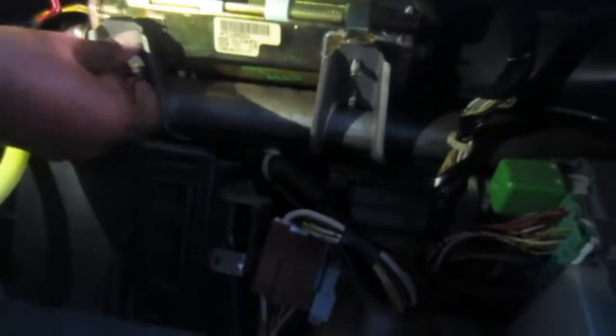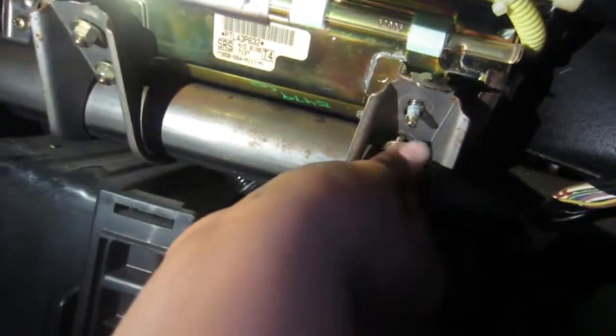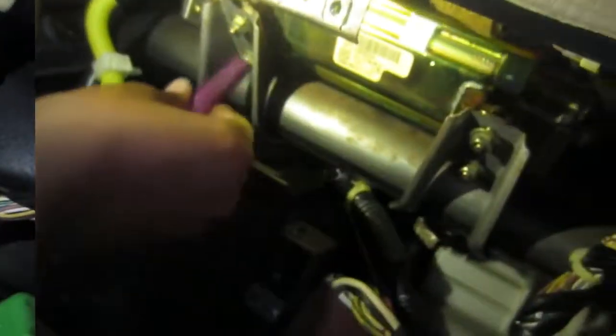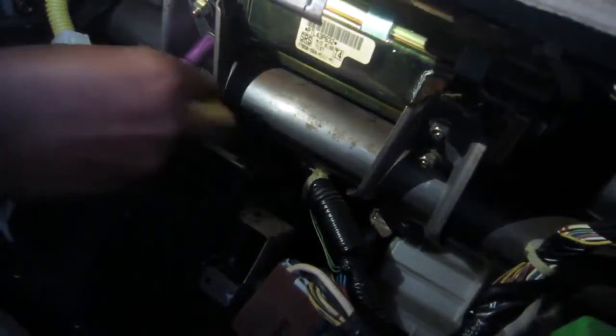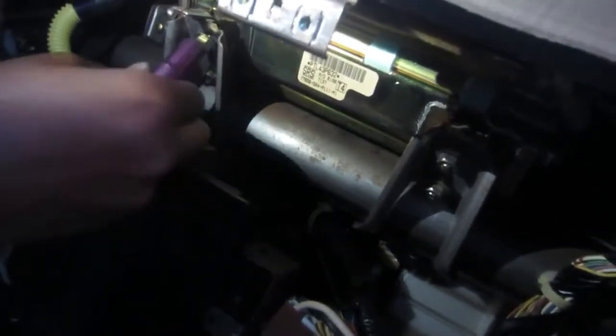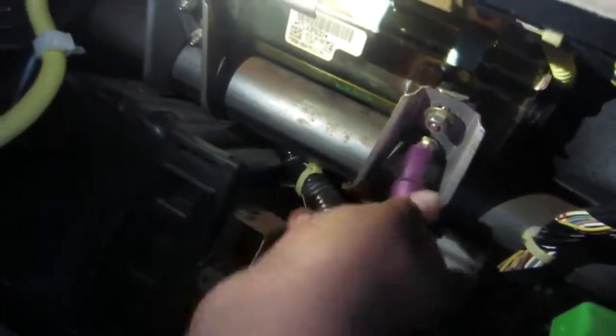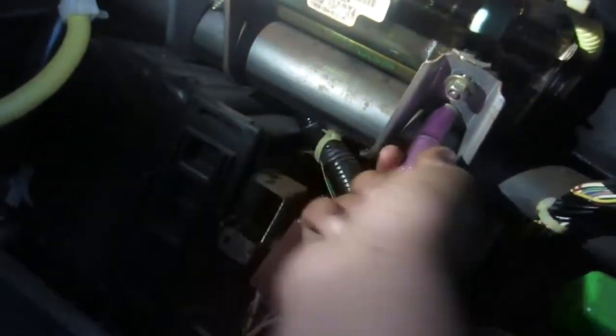And oh, by the way, those are 10mm nuts. And the screws for that little metal... it's not a metal panel, the metal... well, whenever my brain comes back, I'll let you know. But anyways, these are 10mm nuts, and for the screws, you can use a screwdriver, but you can also use a